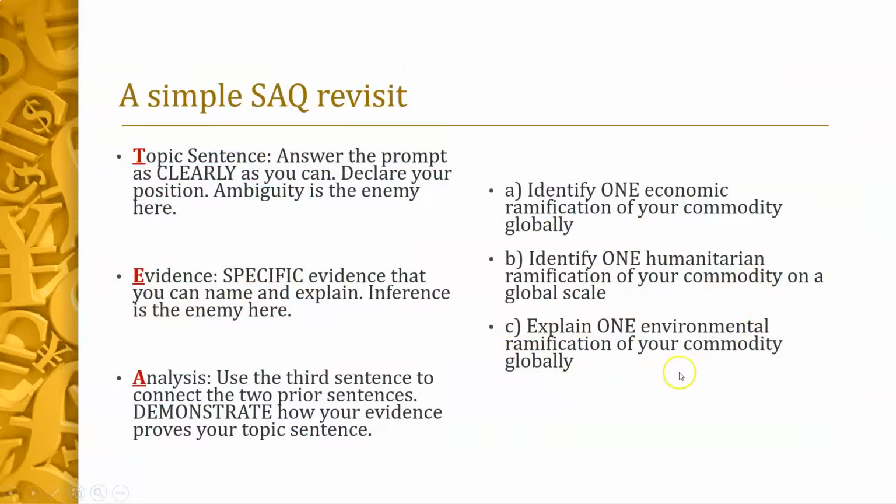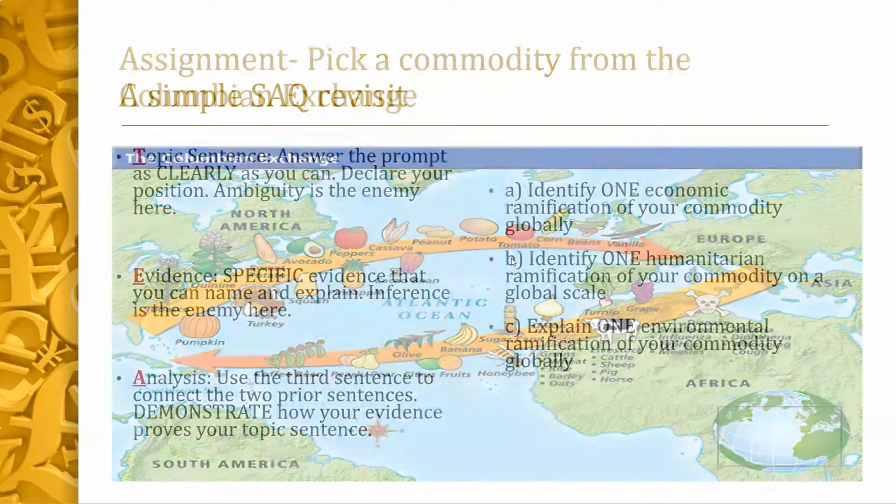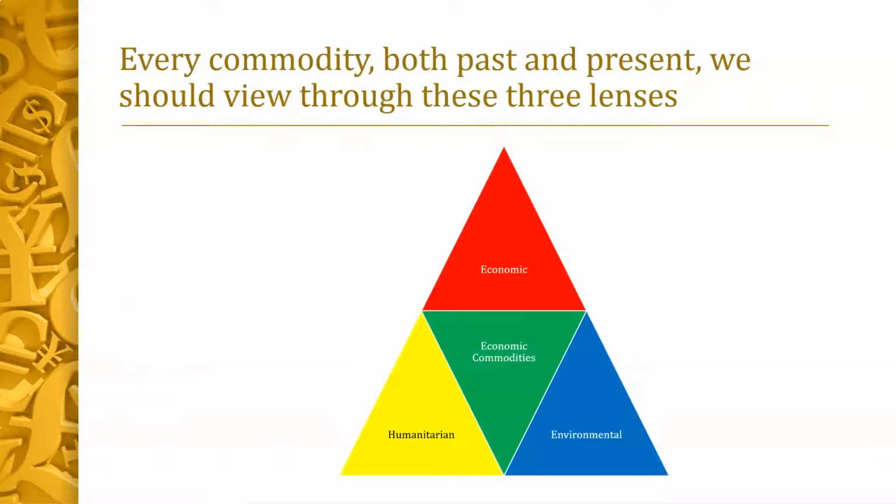And then environmental ramifications. Some of these commodities don't harm the environment very much. Some do. But I want you to look at this, and the main point of the SAQ is this final slide, that any commodity, past or present, should be viewed through three lenses. That any new commodity or any commodity has an economic effect, an environmental effect, and a humanitarian effect. And every commodity has its own story. From that Bob Bain video, you will see coffee's brief story, and you will see its economic ramifications, humanitarian ramifications,